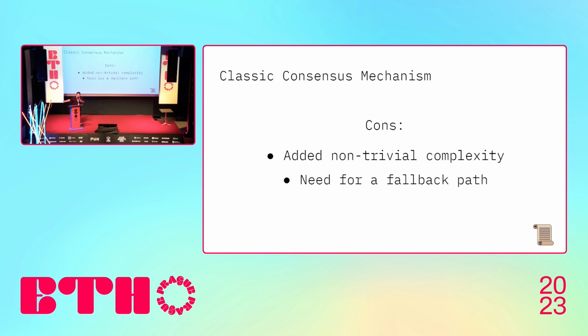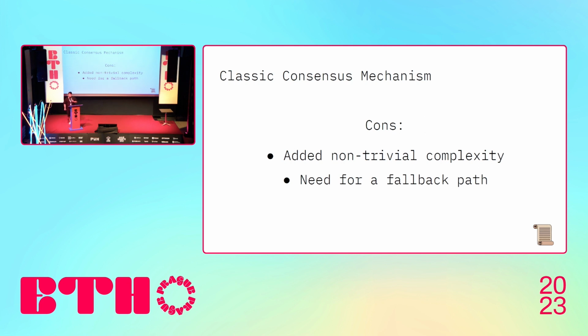And plus, you need a fallback. Because a rollup needs a way for users to either continue transacting or exit, even if the sequencers fail, you need to have a fallback mechanism. So let's say you use something like Tendermint. If there's a liveness failure on Tendermint and there's no fallback mechanism, you're basically stuck. Your transactions are stuck. And you either have to go through governance or some other way, but it's not trivial.